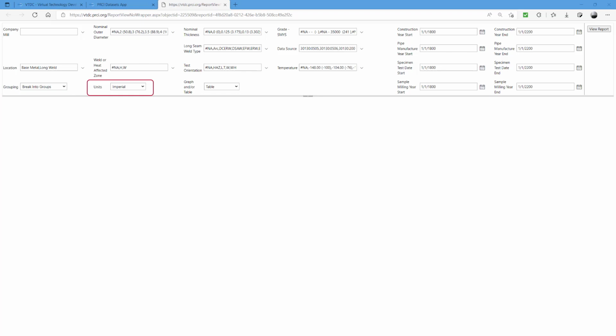The units you want the report to be displayed in, the choices are imperial, metric, or both. And if you want the data to be displayed as tabular data, graphical data, or both. Now that we have a basic understanding of the selection process, let's actually use the report to extract some data